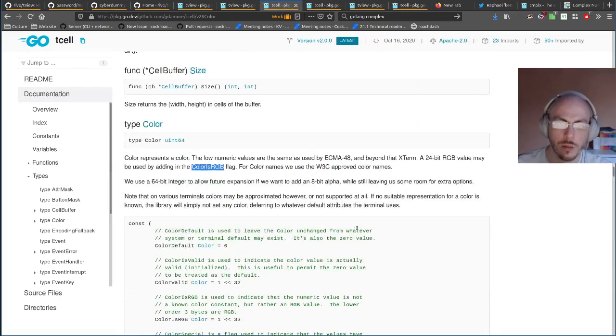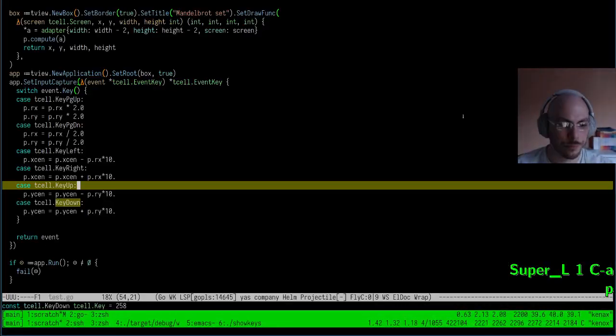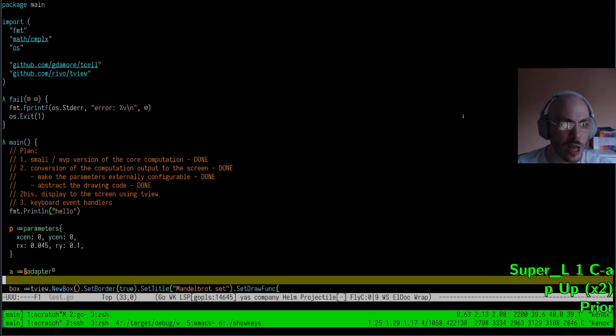Cool. And that means that if we have a 24-bit RGB value, we are going to have values for blues that are going to be between 0 and 255. And that means that we can change our